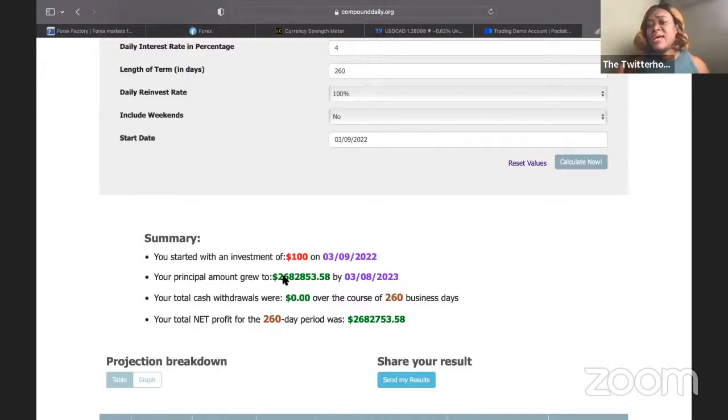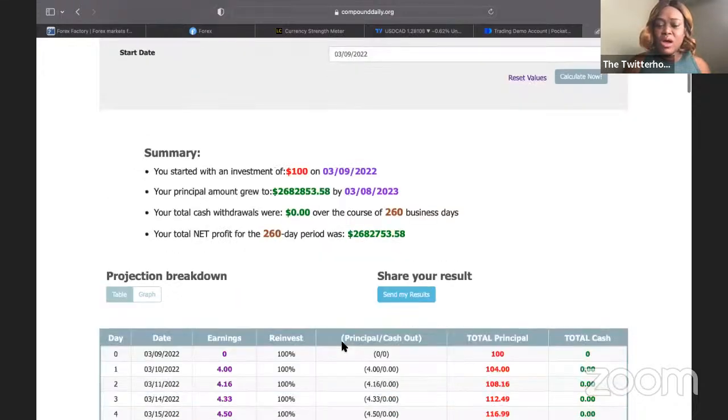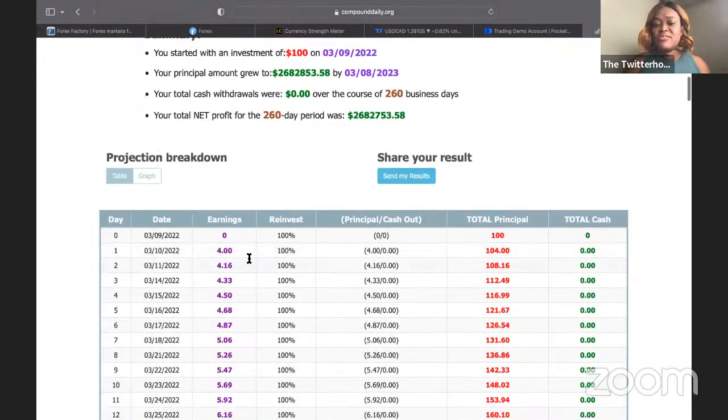You just need to decide what that number is and you need to stick with it, right? So day one, 4% of $100 is $4. So you would just need to make $4 and then stop trading. The next day you'll have $104 and you will need to make $4.16. So 16 cents more,